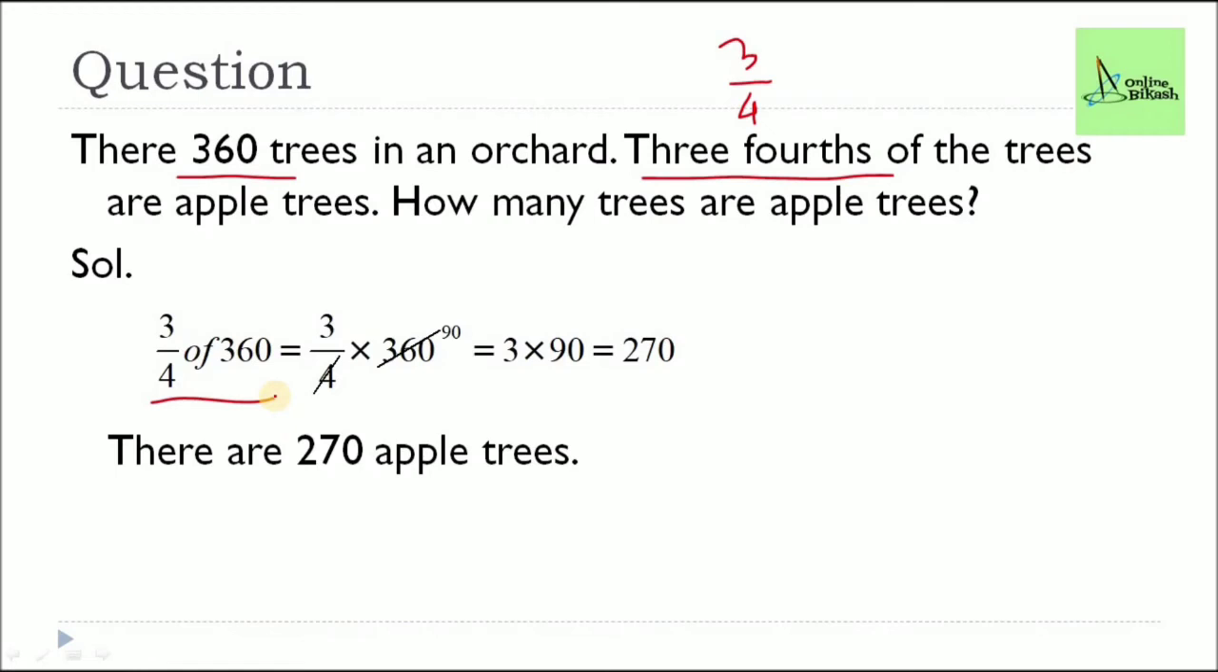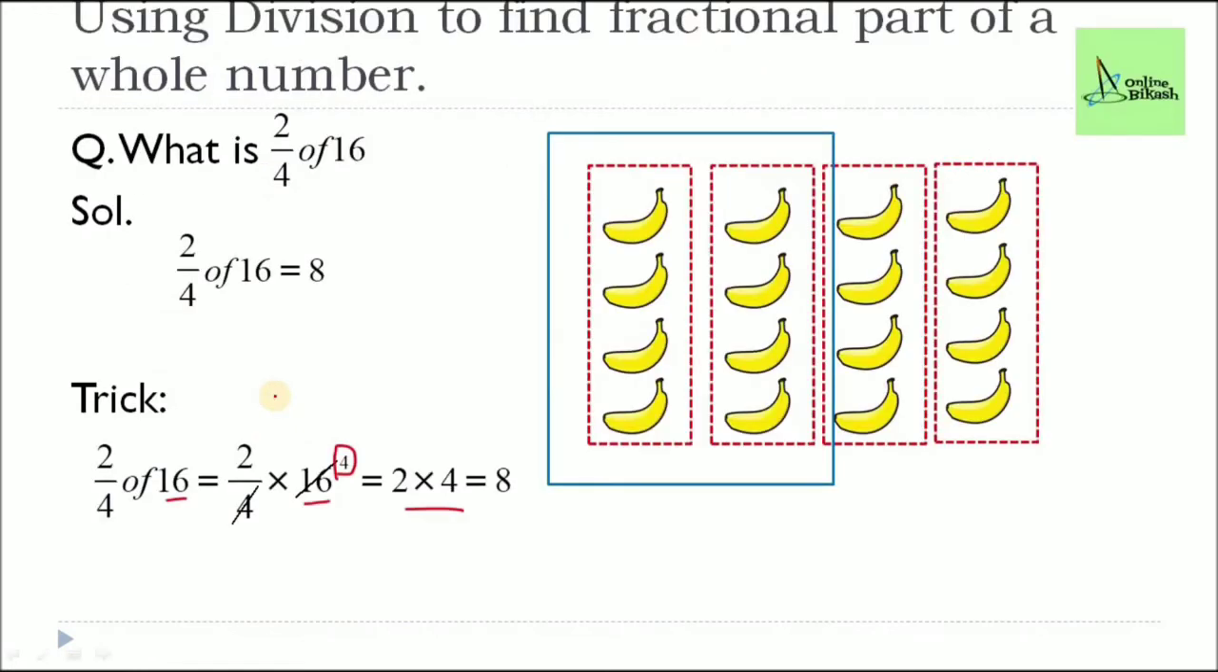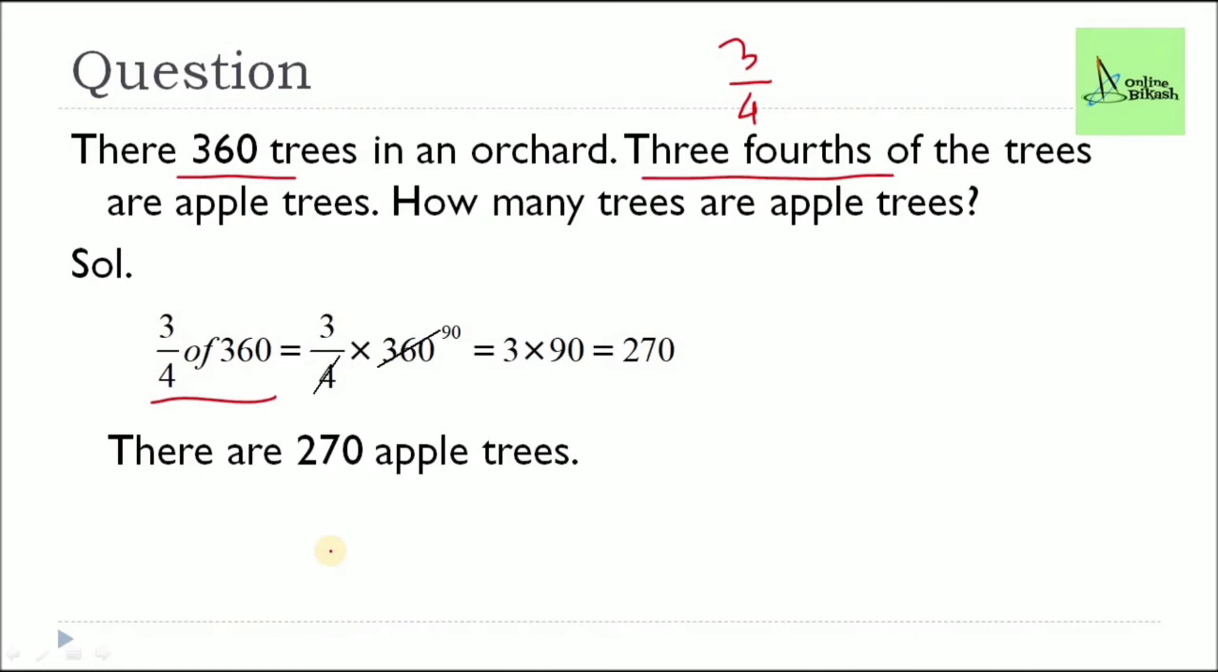Using that trick, you remember that trick, what we did in the trick? Yes or no? You see that one, this trick? So the same thing we will have to do in this question. Okay, now this "of" will change to a multiplication sign, and then you have to try to divide this 360 by this 4. And you have to do it on rough paper. Okay, you have to divide this 360